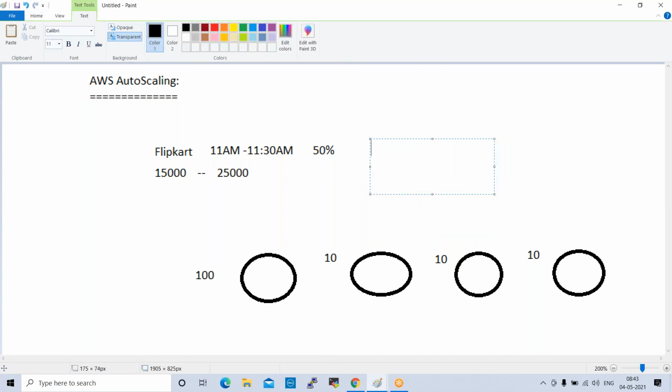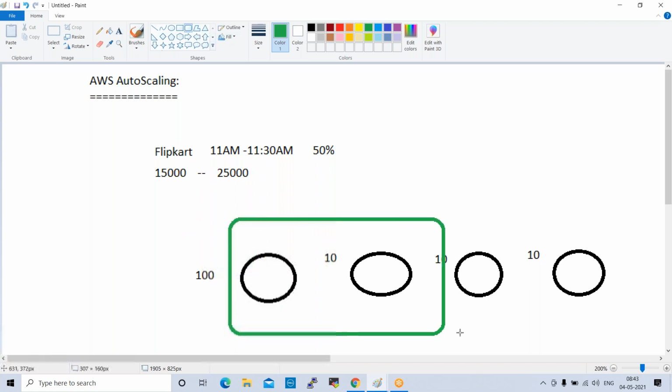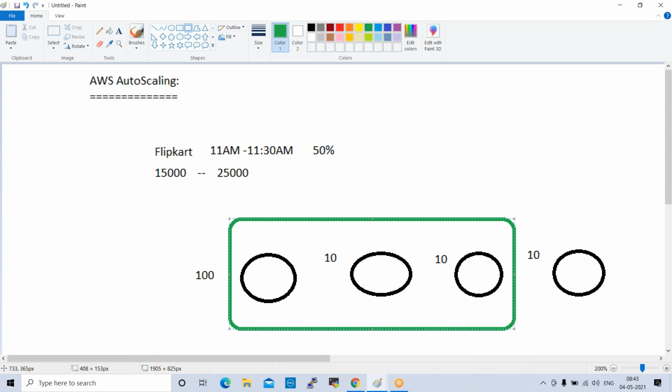This is auto scaling, and these are the Flipkart servers. They will have some base servers. Base means fixed machines. These 3 servers are base servers, fixed servers. These servers will maintain a maximum of 30 requests. If they receive more requests, it will automatically add another server.